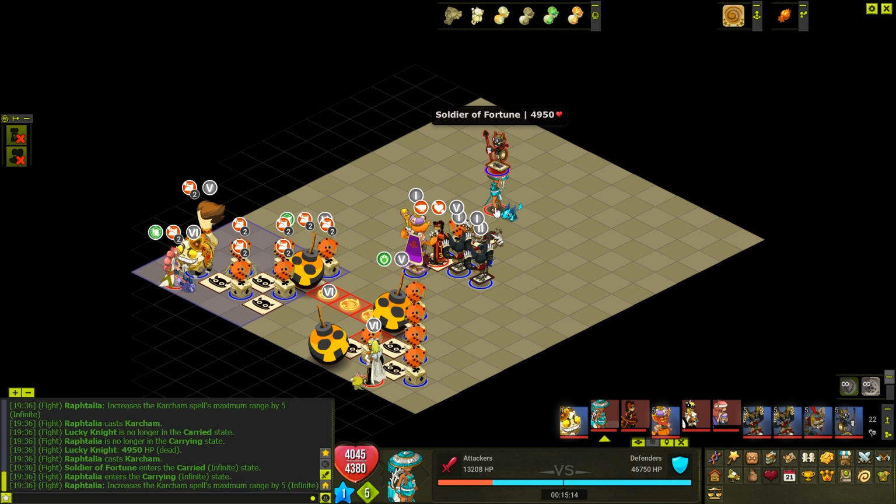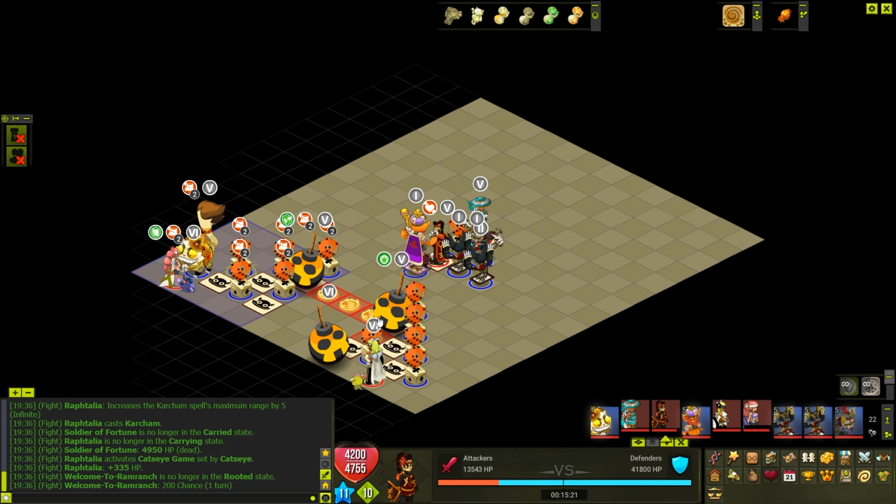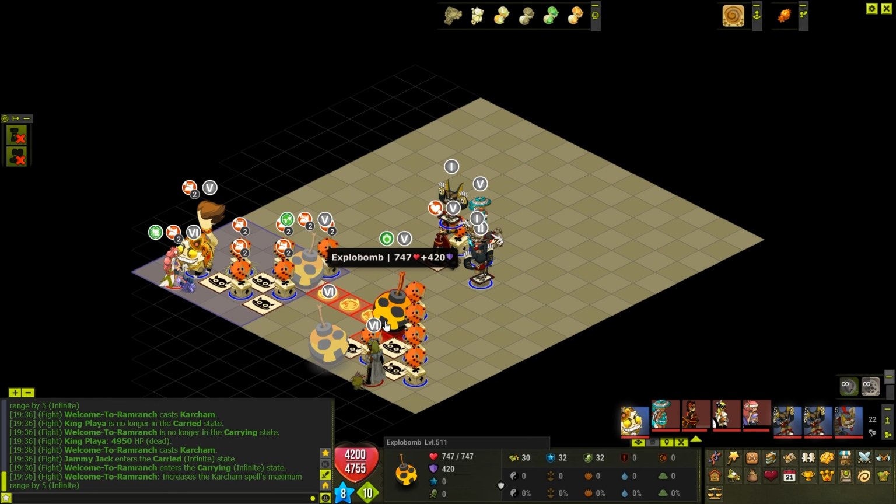If there's any questions, remember you can ask me. So now he's just going to get rid of all the mobs. And then he's going to go kill the Catseye, and it's very chill. There's no worries at all because your bombs are fully boosted. You can see here this bomb's at 352 HP though,